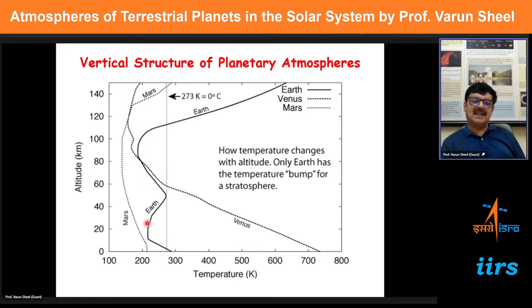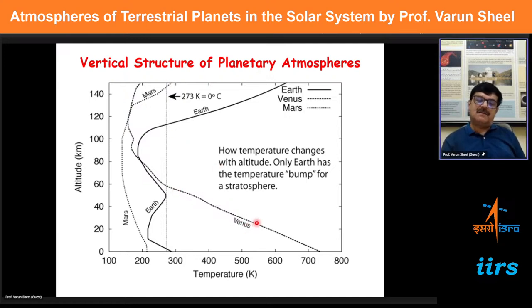And then there is an increase in the temperature in the higher layers. This is called the stratosphere; many of you will be familiar. Here the temperature increases because there is lots of ozone in the Earth's atmosphere. Then the ozone finishes somewhere here, and the temperature decreases, and the natural trend of decrease continues. Then again, you have a very high increase in the thermosphere, in very high regions, because of lack of sufficient collisions. The mean free path is very large.